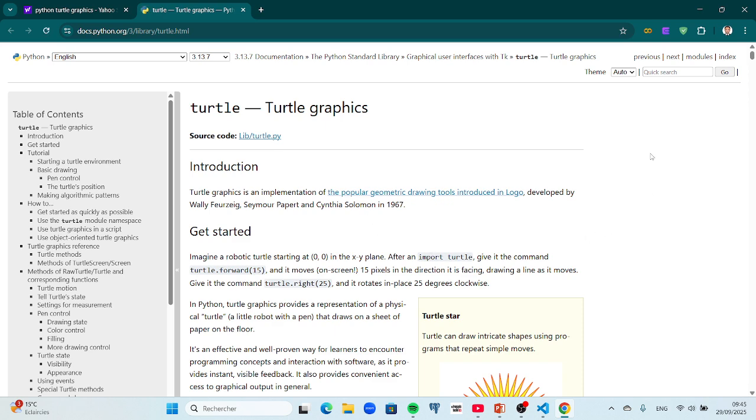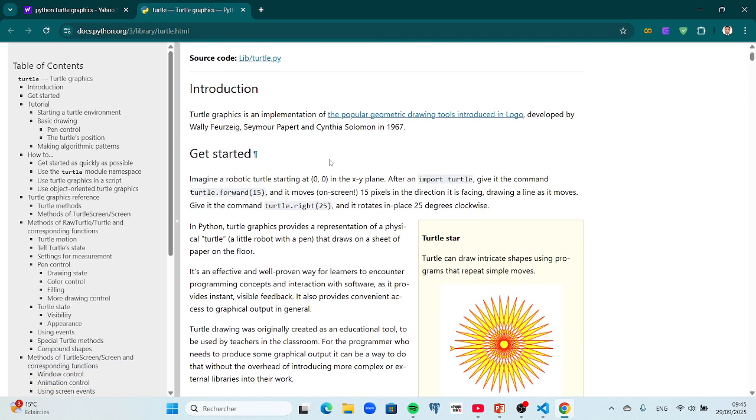You will find all the information about this. For example, I used turtle forward, turtle right. For example, this rotates it